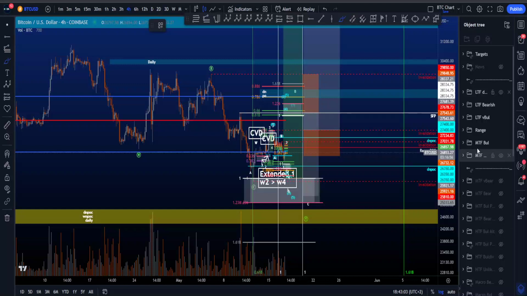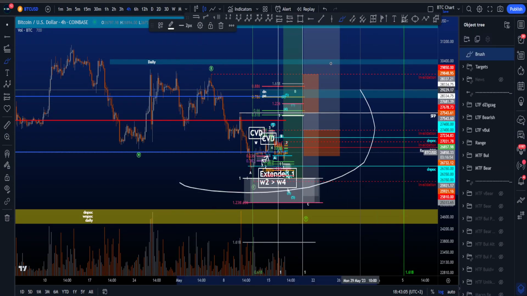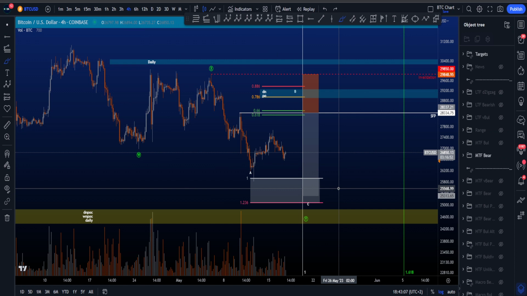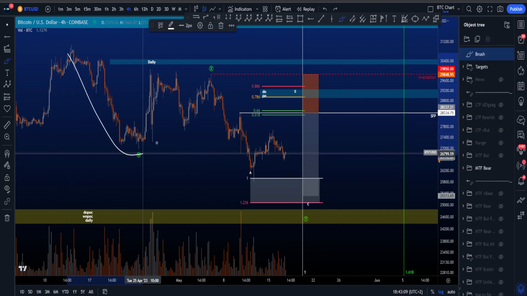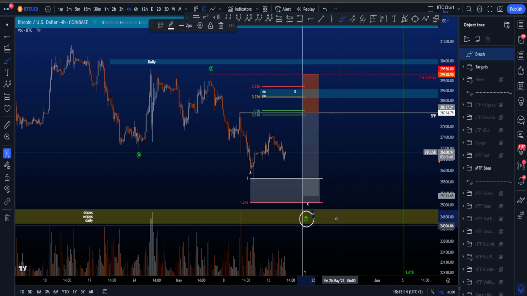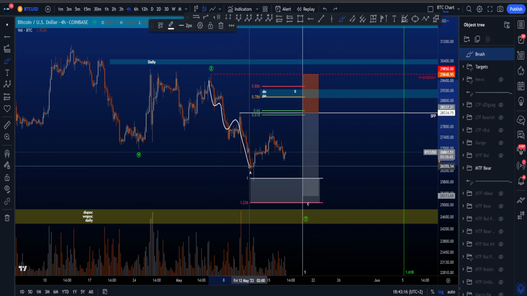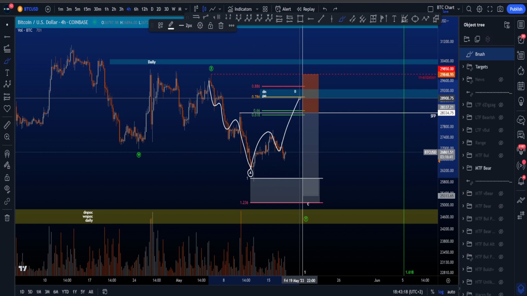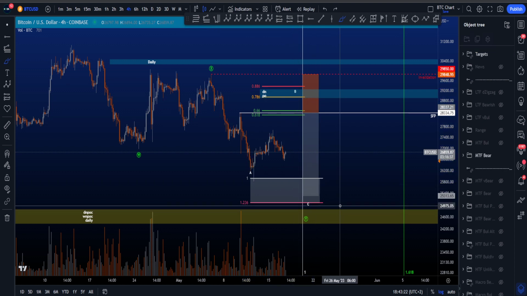Hi everyone, let's have a look at my medium time frame and low time frame bullish and bearish Elliott Wave scenarios on Bitcoin. Starting with the medium time frame bearish scenario, where we're looking for a three-wave structure in a WXY, where this wave Y is then likely to be a zigzag in a five-wave move in a wave A, followed by a three-wave move in B, and then eventually another impulsive structure to the downside in a wave C,